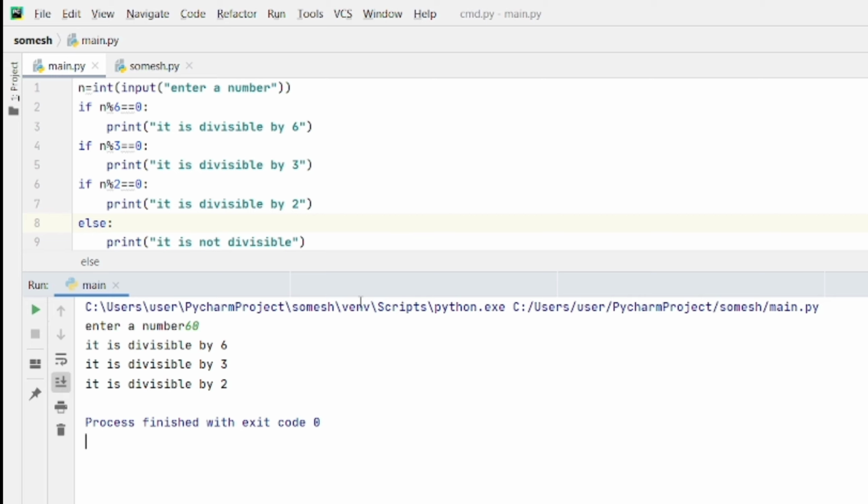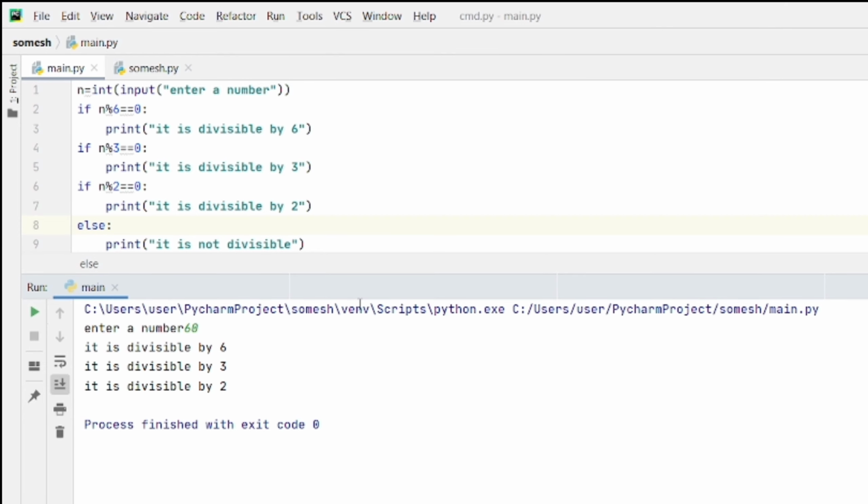It is divisible by 6. Then it will check next if loop also. It does not matter first if condition is true or false. It will check all the if conditions, but in if elif, if the if condition is true, it does not check the else part and it directly executes the program.